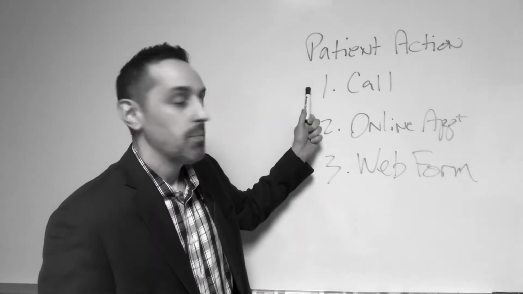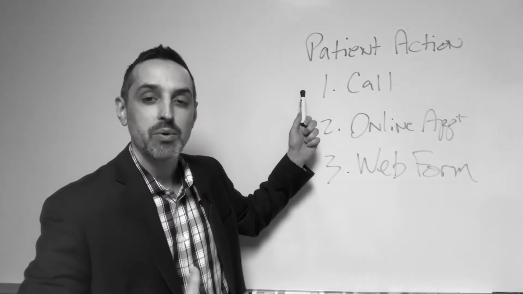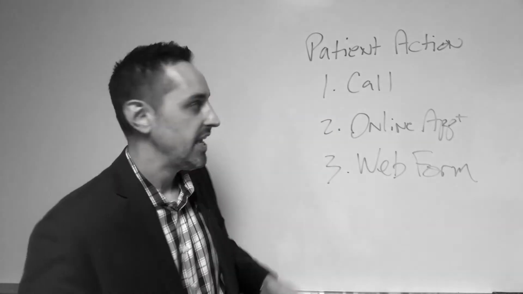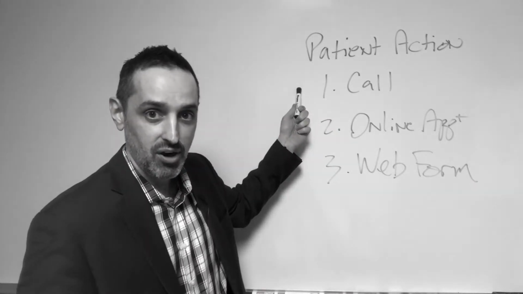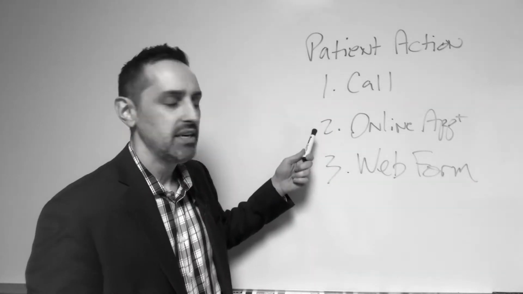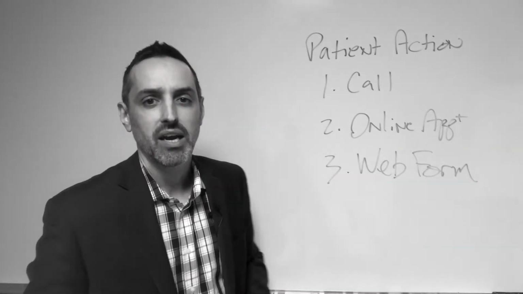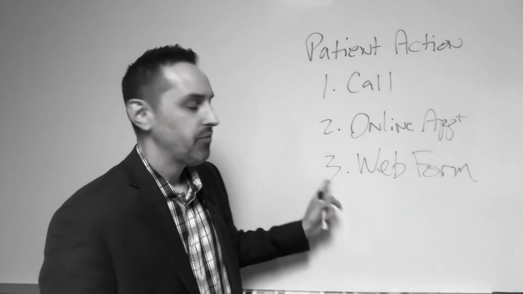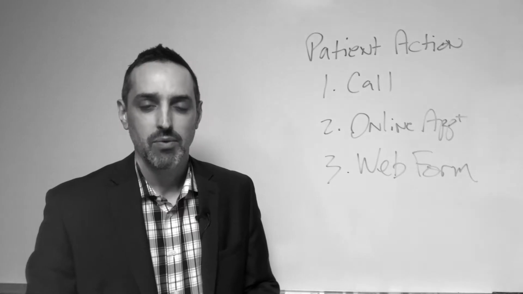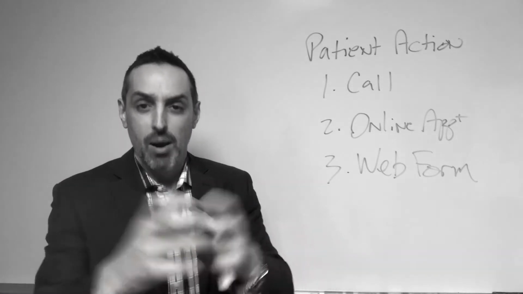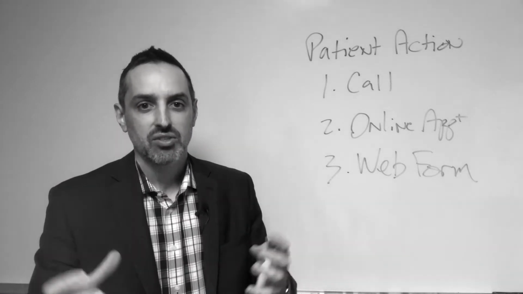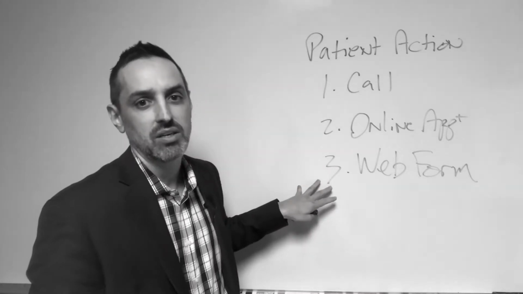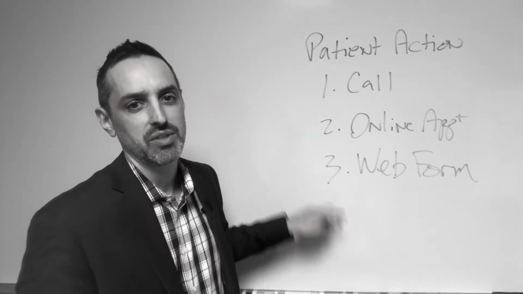So first priority, or first action that we would like patients to take, the phone call, give our office a call. Then, if they don't do that, we'd like to have an online appointment made, and then finally a web form. So you can structure that on your website, right? Prominent phone number. Hey, do this, or we can do this. Last resort, we do this. Okay. So let's go ahead and move on.